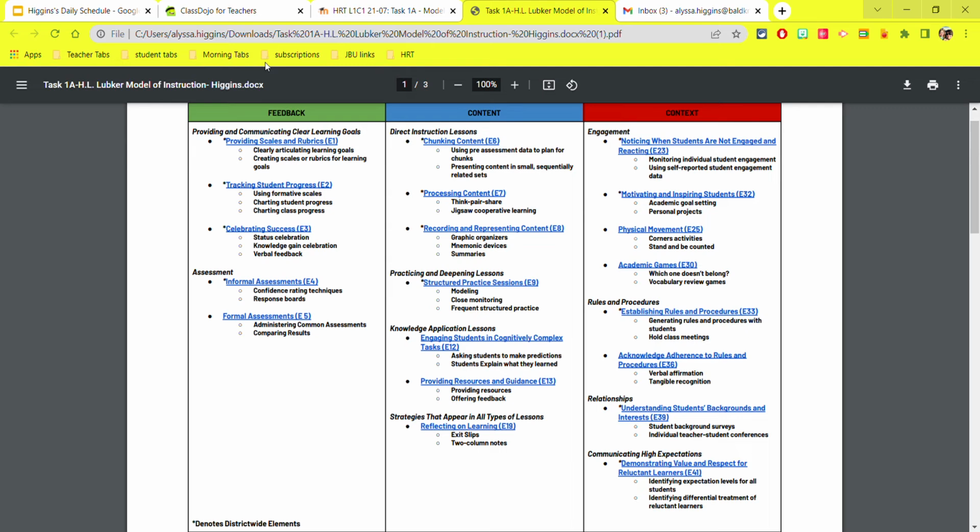As for two-column notes, I demonstrate this strategy with the help from my students when needed using chart paper. For engagement, noticing when students are not engaged, and reacting for element 23. When I see that my students are not fully engaged, I do self-monitoring activities as a way to pull them back in and check for understanding, such as a thumbs up, thumbs down, turn and talk, think, pair, share,